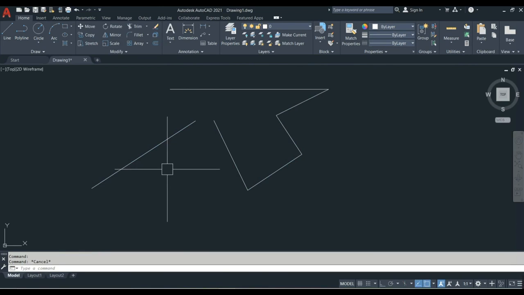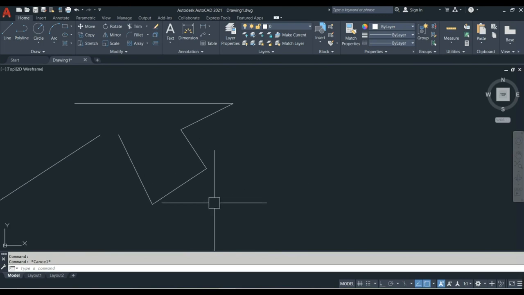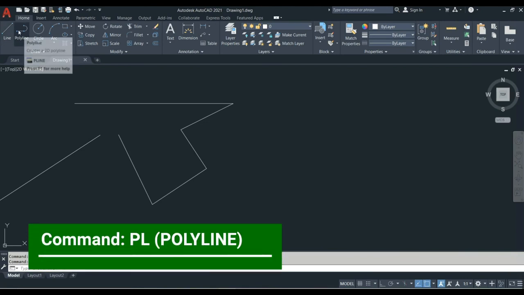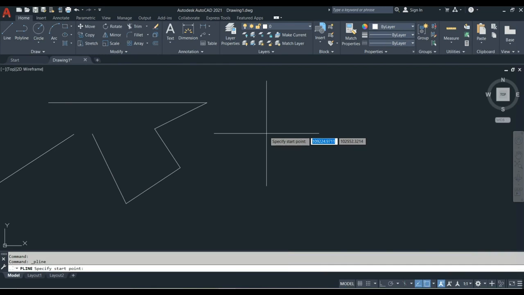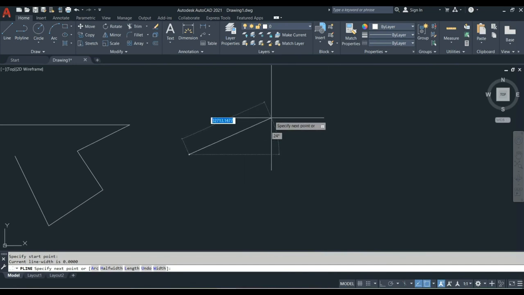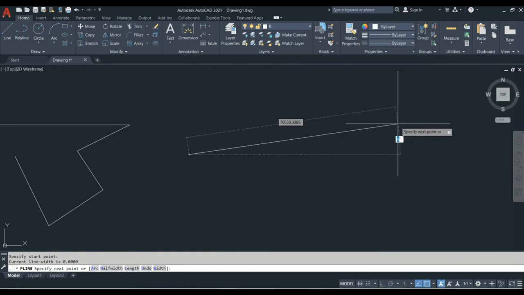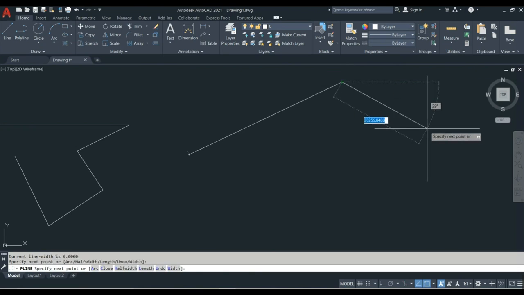Now switching to the polyline. Polyline, as I have told you, is a group of lines. Let's learn how we can create a polyline. To create a polyline, again go to the Home tab and next to the line we have the option for polyline. Click here and then again specify a start point like you did in the line command. Now again you can specify the distance like we did in the line and specify the angle by clicking the Tab key, and then click again.